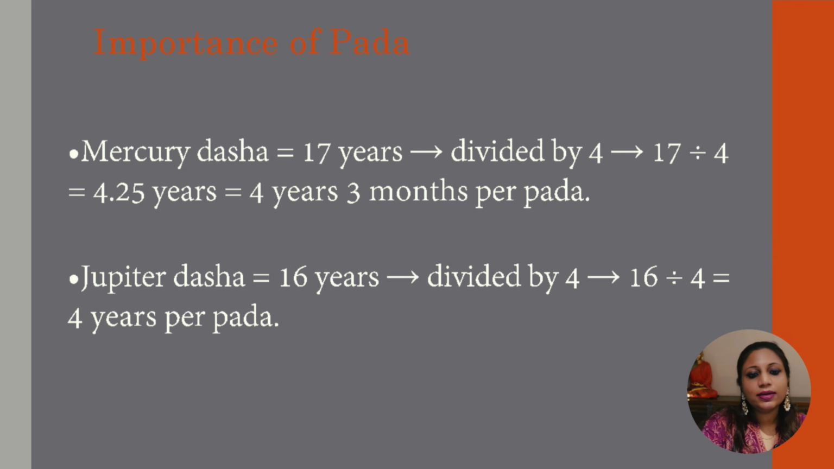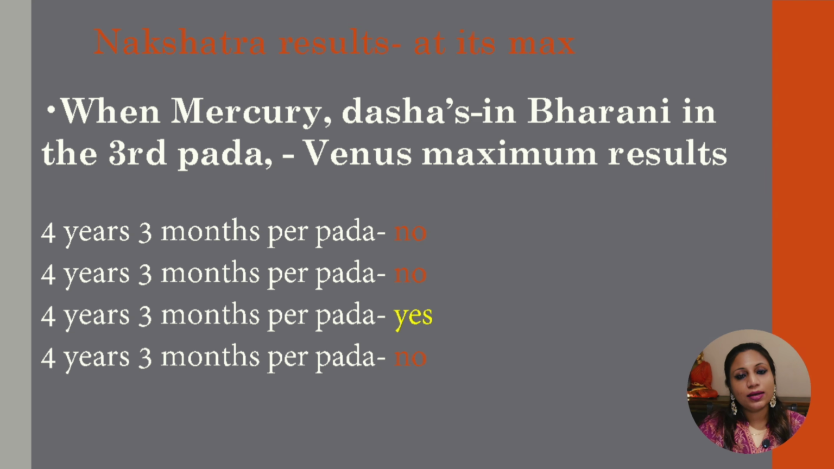So if Jupiter is placed in Venus's nakshatra, Jupiter's time period is 16 years. We divide 16 by 4 and get 4 years for each of the 4 sections. If Jupiter is placed in the third pad or fourth pad of Venus's nakshatra, the last 4 years of Jupiter's Dasha will be very prominent for Venus's results. That's the secret. If Mercury is placed in Bharani Nakshatra, third pad,